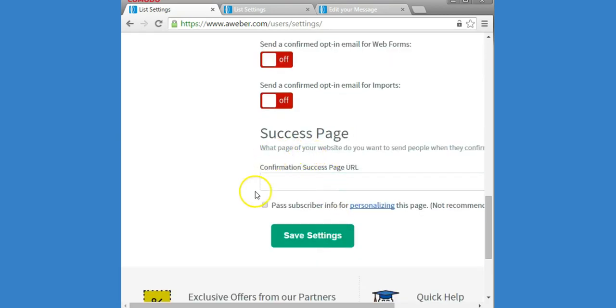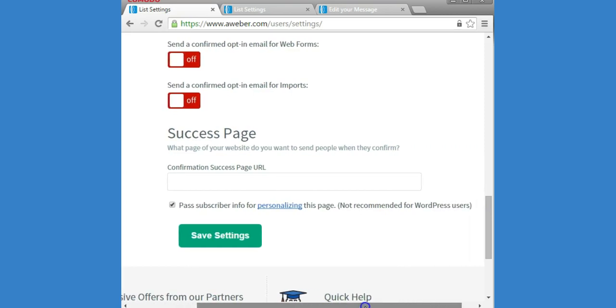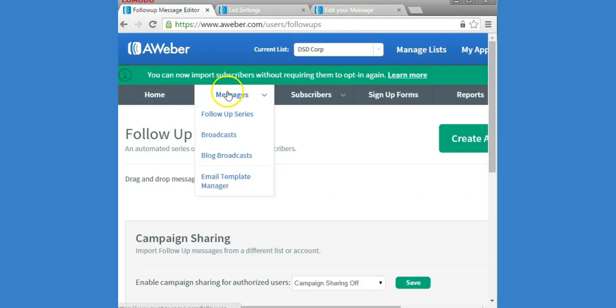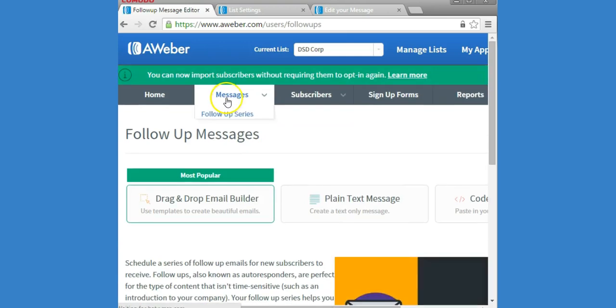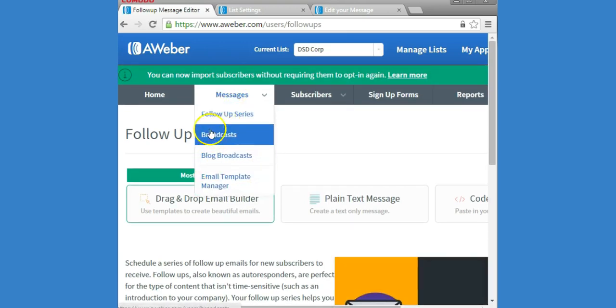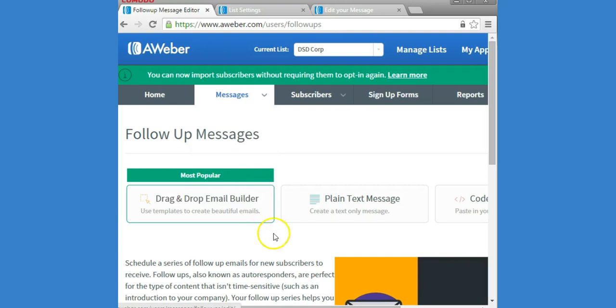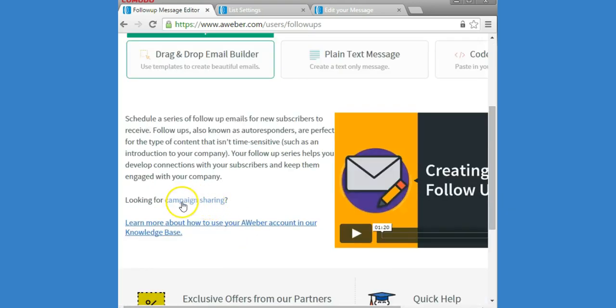And then I like to have this little check mark next to pass subscriber information for personalizing on this page. We're not using WordPress, so we don't have to worry about that, and just click on Save Settings. So all we're going to do is click on Messages, and as you see, more options populate again. We're not going to pay any attention to these either. Just click on the word Messages. Then you're going to scroll down until you see where it says Campaign Sharing. You're going to click on that,